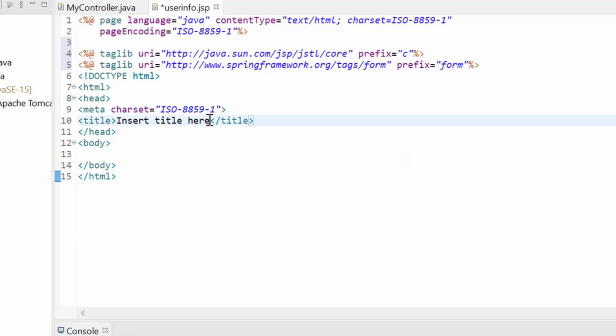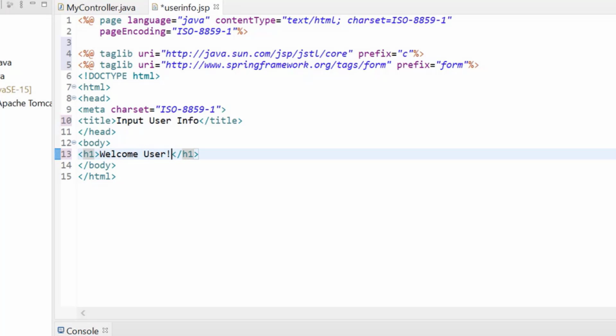Okay. So in this, let the title be input user info. Just for our sake, we are giving some input to the user. Here, let me create an h1 tag. The h1 tag will be welcome user.